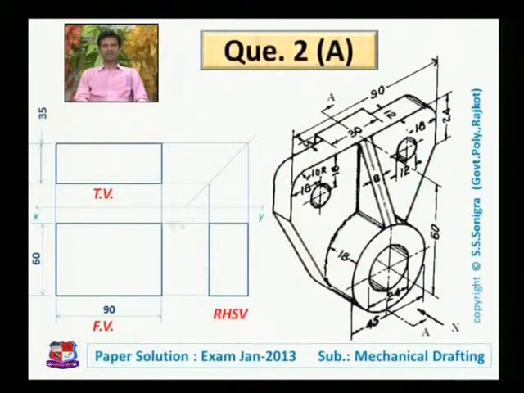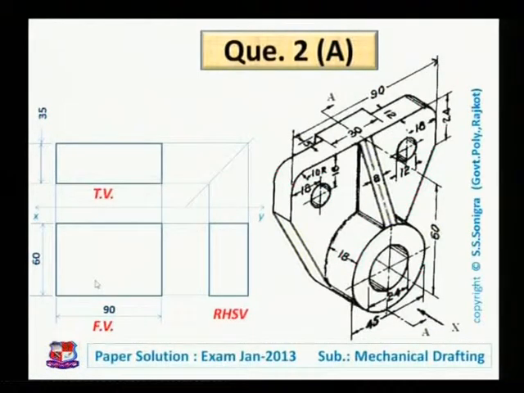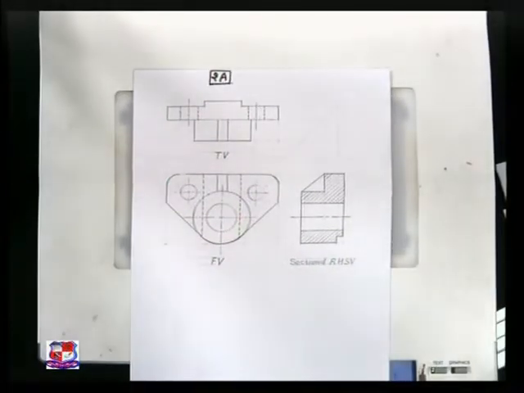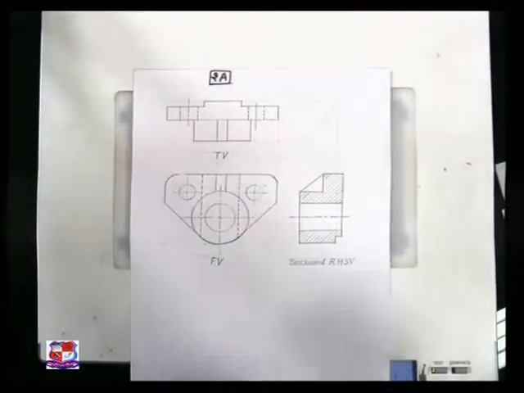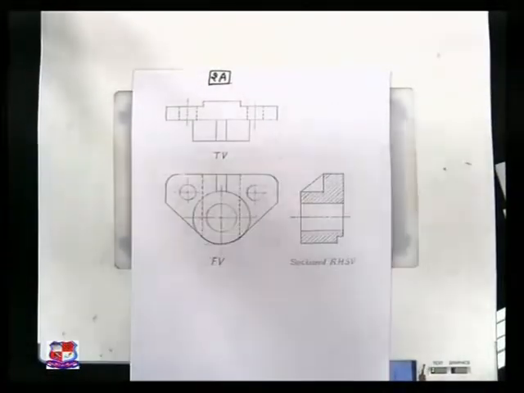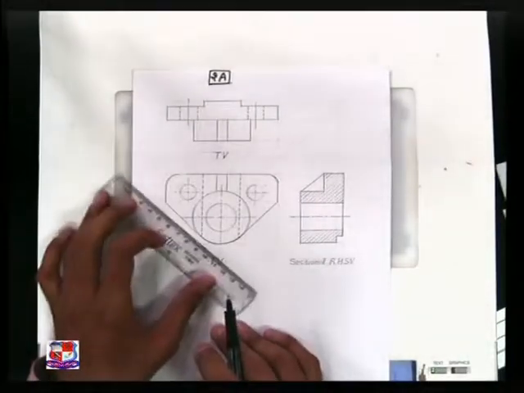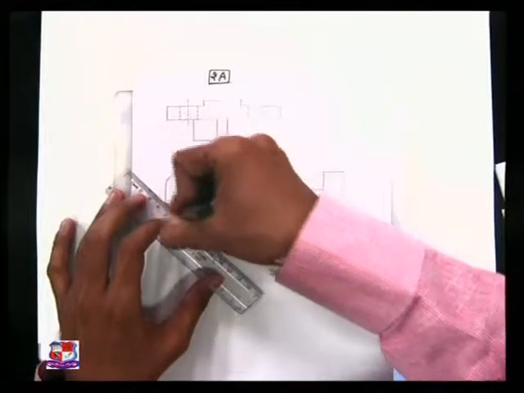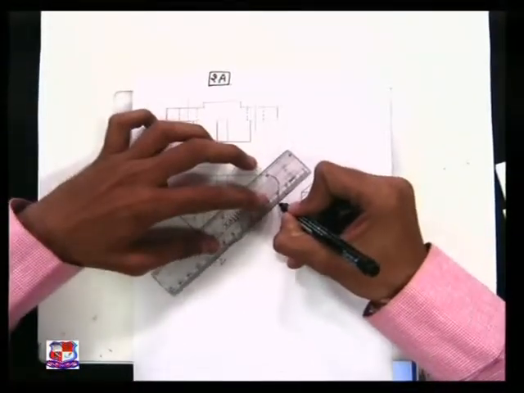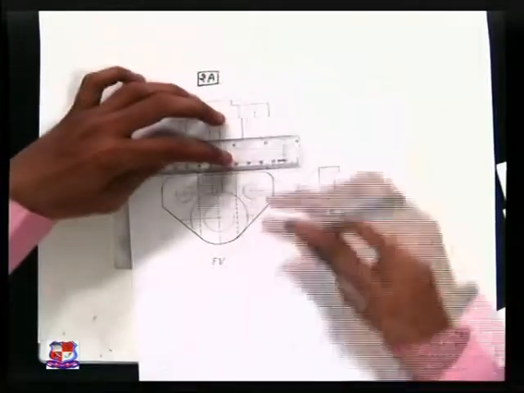Don't start drawing just from front view. Otherwise what will happen, you will not have enough space to draw rest two views, top view and right hand side view. So let me start our drawing in the drawing sheet like this. So we have drawn three views like this. Front view is to be drawn over here and top view and side view. The width of front view is known to us, that is 90 mm and height is 60 mm. So join all these points with the given dimension. So its front view would appear like this.